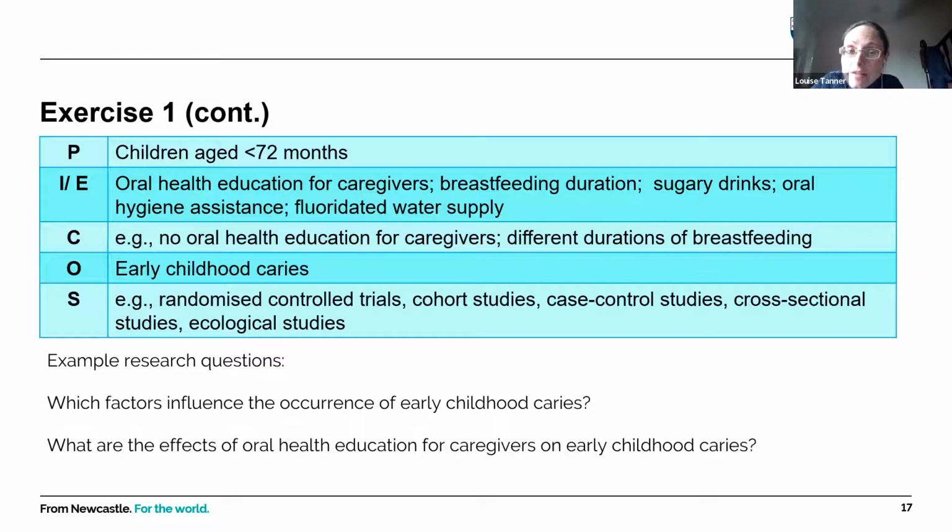We focused on modifiable factors. If it's genetic factors, there's less point in assessing the effects of genetics on caries. The WHO wanted us to focus on factors that could be modified so that they can come up with some guidance to help people reduce tooth decay in their children. Okay, thank you very much.